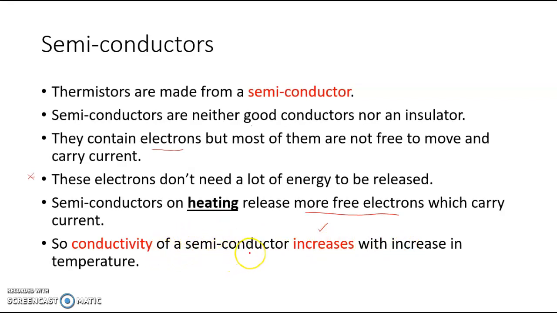So a thermistor's current flow will increase if you increase the temperature. That means when you increase the temperature, the current flow increases, and therefore we can say that the resistance is decreasing. So the resistance of a thermistor would decrease when you increase the temperature,